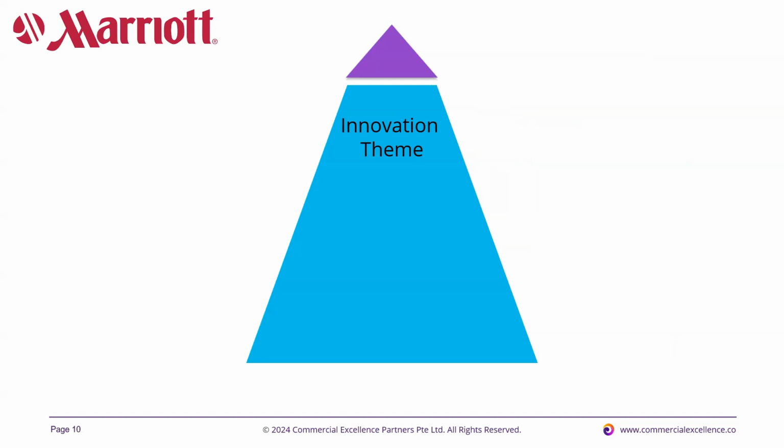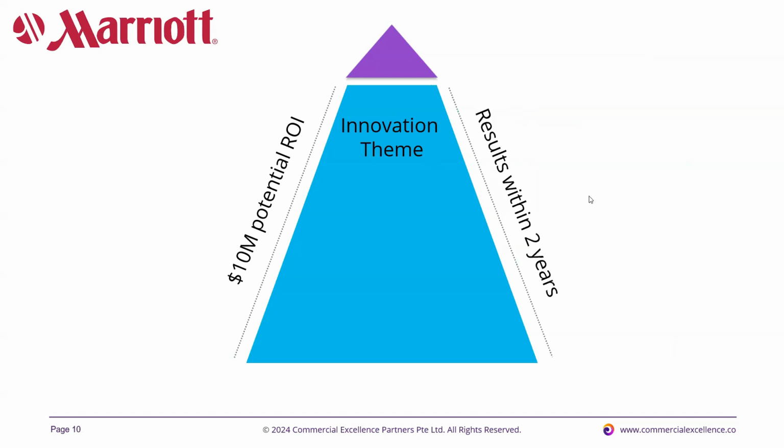So here's an example. The Marriott Group might say, we're only looking at innovation projects that have a potential ROI of $10 million or more. So we have to believe it's a sizable opportunity worthy of our attention. Also, we might say that we're looking at innovation projects where we can get results within 2 years. We're not looking at a 5 to 10 year horizon. We're looking at, let's say, a 2 to 3 year horizon. Anything that falls within this range is something that we would be interested in and want to hear ideas about.